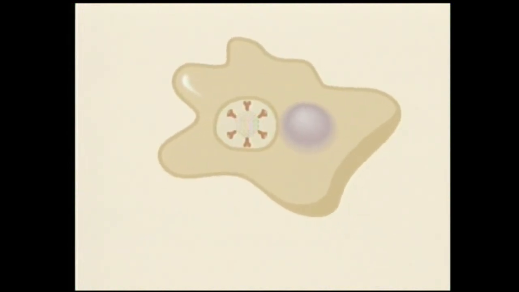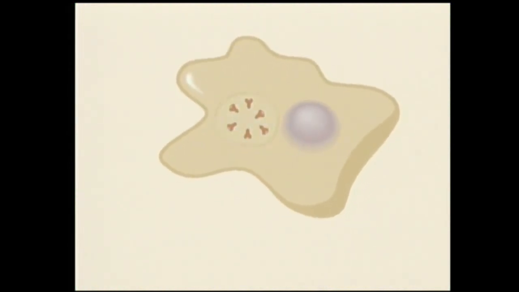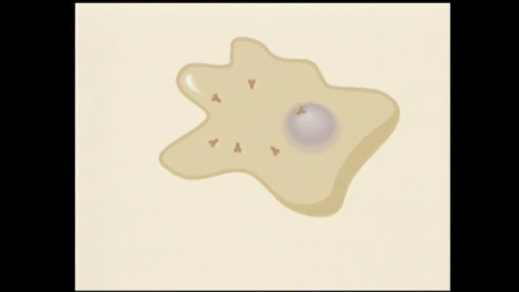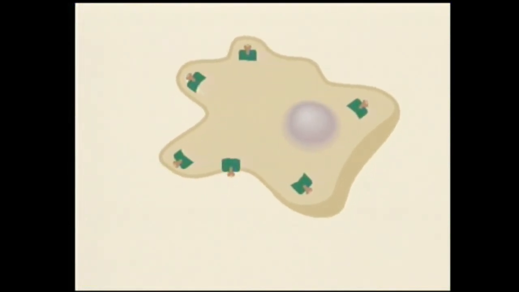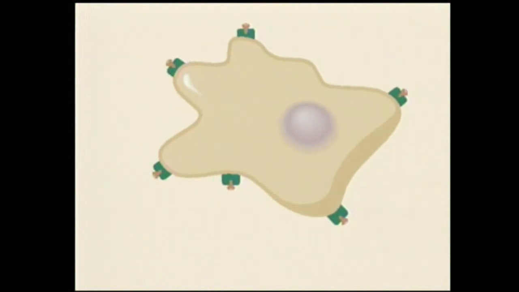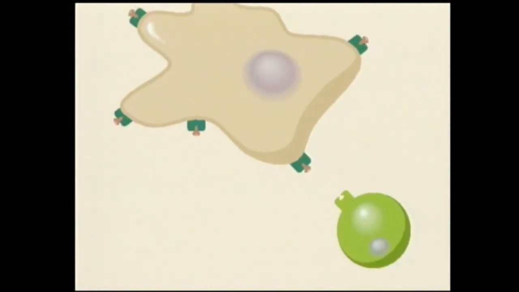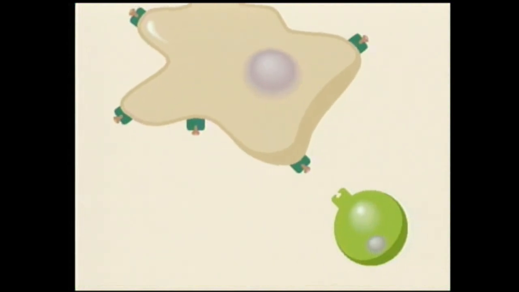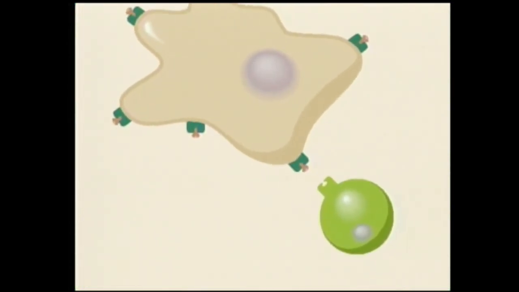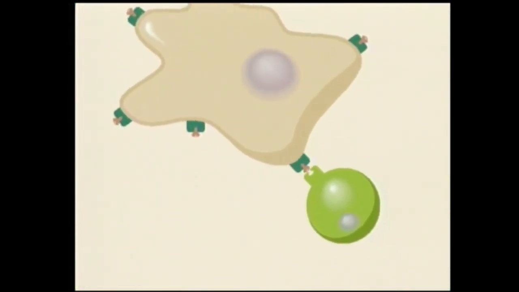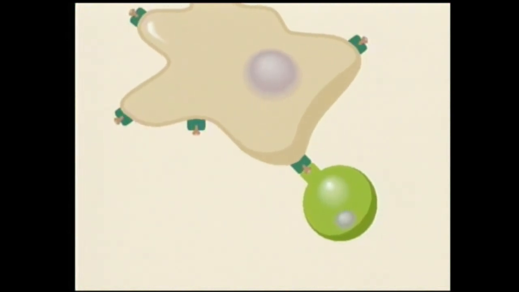Once a pathogen is destroyed, pieces of the antigens appear on the surface of the macrophage. The rest of the pathogen is destroyed by the macrophage. A site on the surface of a helper T cell recognizes the antigen on the macrophage. Once the helper T cell binds to the macrophage at its recognition site, the macrophage sends a chemical signal to